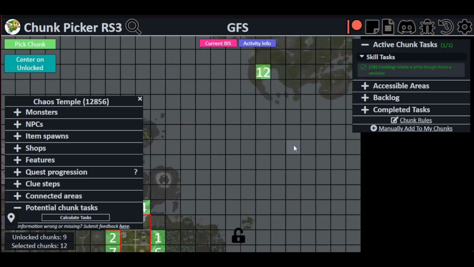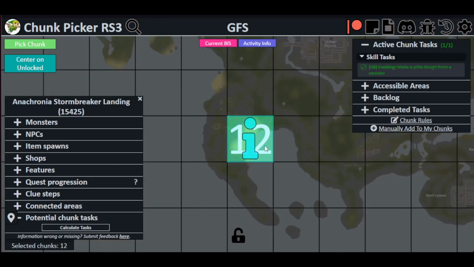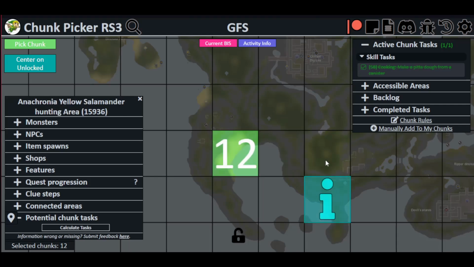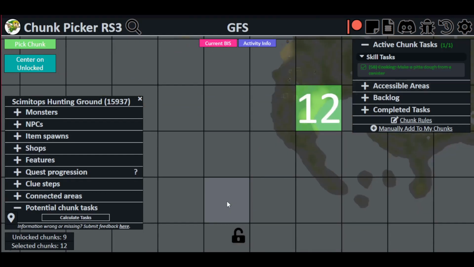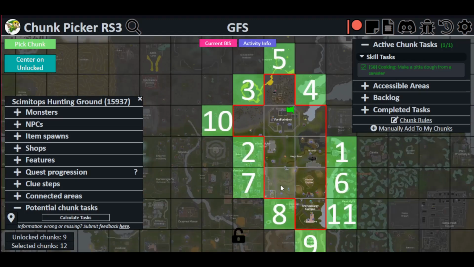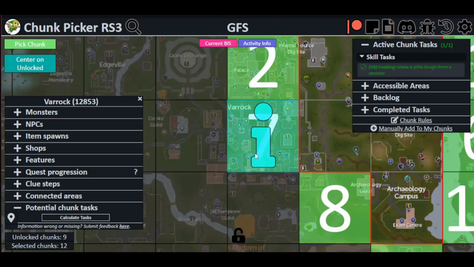I guess, like I said before, I do have the Anachronia Stormbreaker landing here open, so I'll be able to start making my way towards Anachronia through here and, if I can, potentially unlock that, with a lot of lucky chunk rolls. I think the one I want the least is actually Varrock Square here,